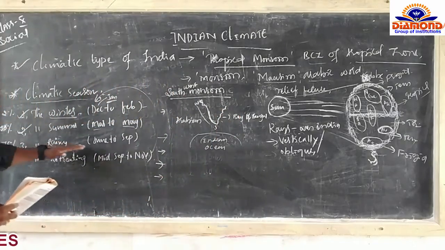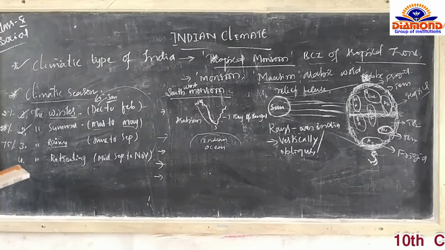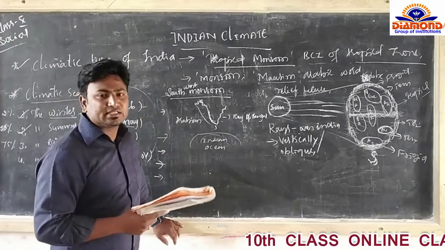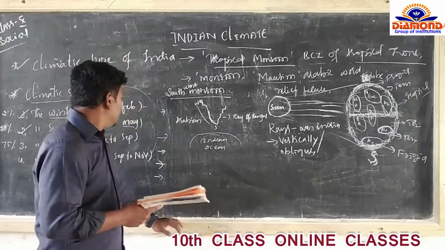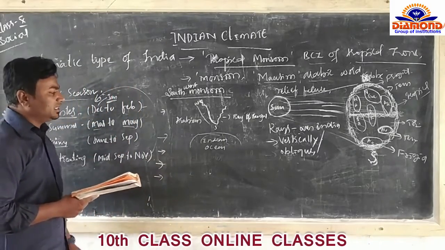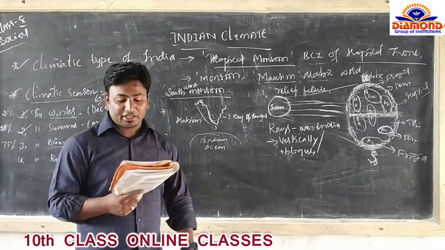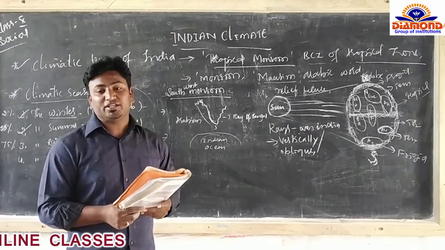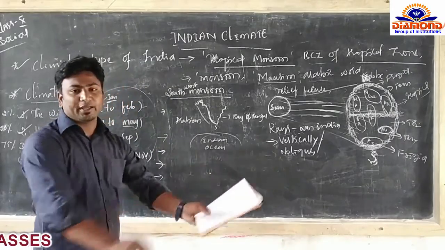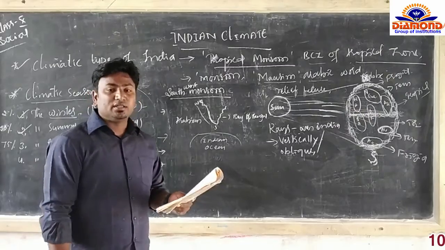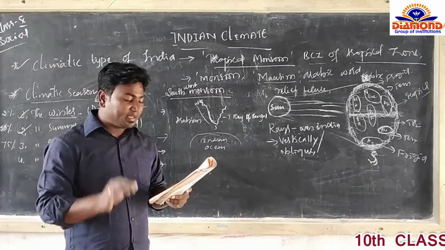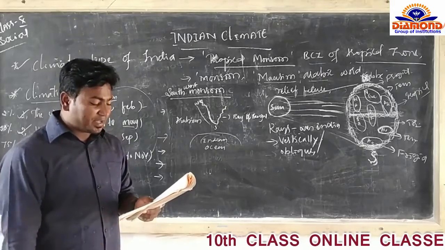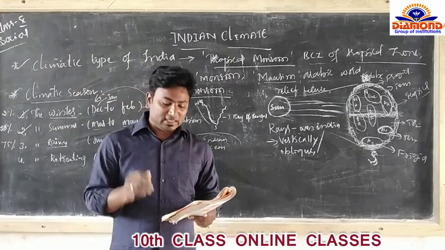We are seeing from the month of June to September, the climate is changing here. At the end of May, we see the climatic condition changing. Hence the moisture-laden winds blow from the southwest towards India. At this time, India is receiving the rain-bearing winds, and we receive 75% of the rainfall during this season.